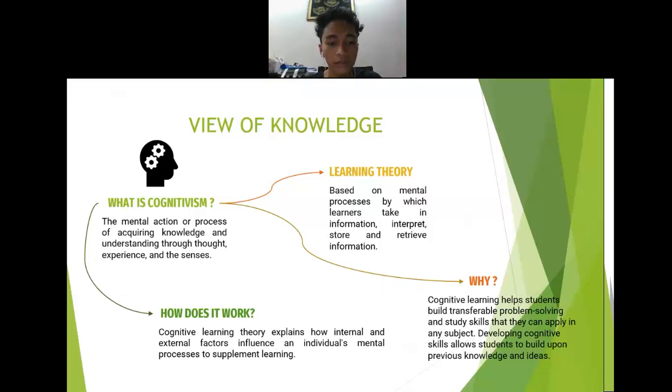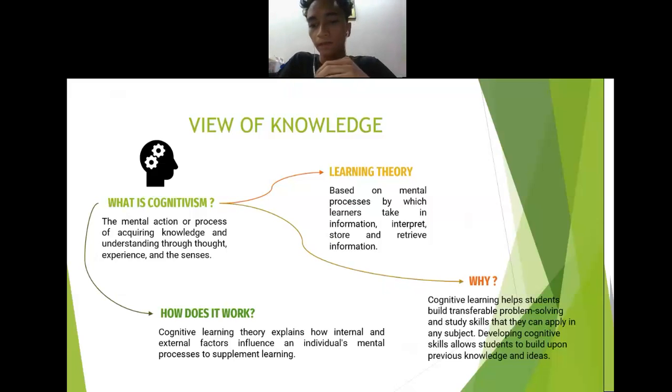So how does it work? Cognitive learning theory explains how internal and external factors influence an individual's mental processes to supplement learning. Okay, for example, in classroom, teachers give a few questions for the students to solve. So that is the first example. The second example is examinations. Teachers give higher order thinking skills questions. So the students have to think, and the teachers can evaluate their